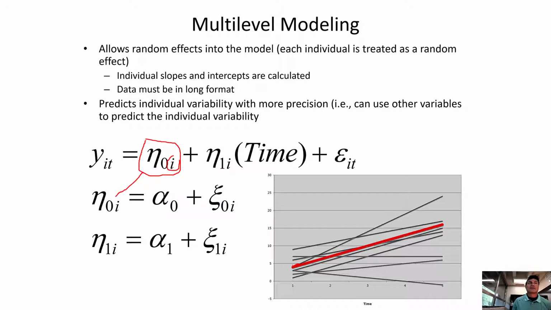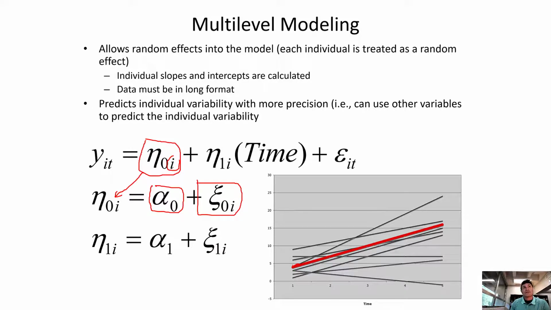And when we break down what's happening, we have the average plus some individual adjustment. So the individual is adjusted from the average. So that gives everybody their own starting point. And I'll show you that in a figure in a second.